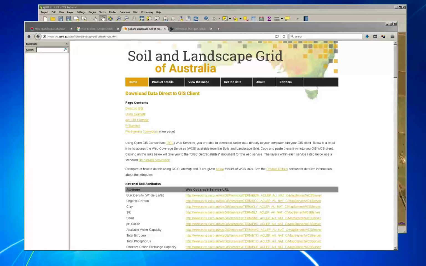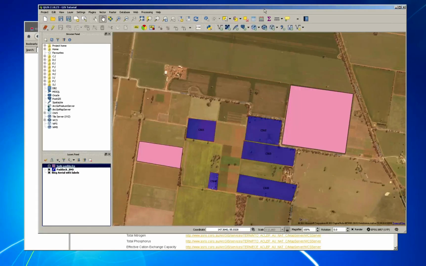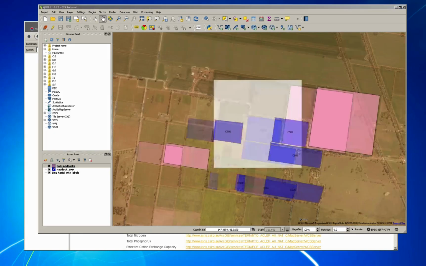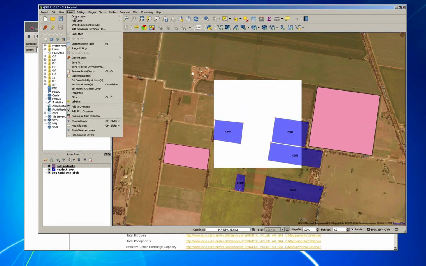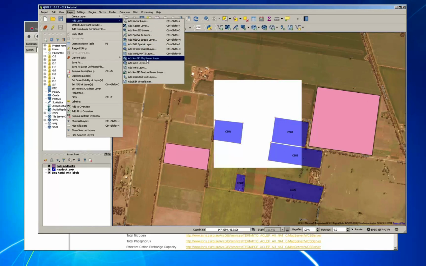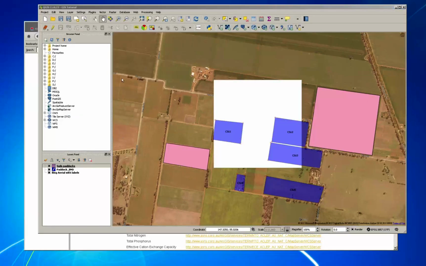So to get our data from the server into our actual QGIS, we click back on QGIS and we can access the WCS server either by clicking this particular button here, which will open and add layers from WCS server, or we can go to layer, add layer, and then find the same button, add WCS layer, in the same fashion. So the first thing we need to do with this particular box is create a new connection, and we'll call that one